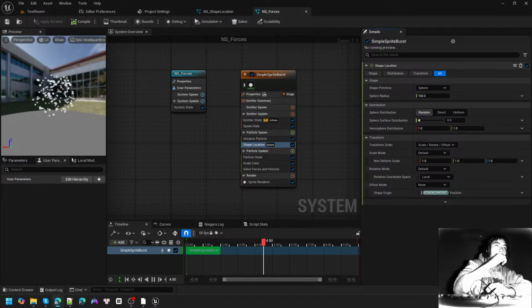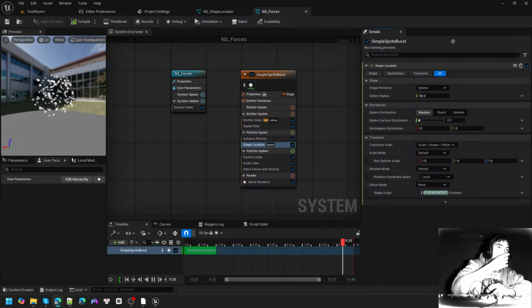And once we click it, inside of here, there are tons of forces that we can choose. After selecting any one of them, the force will be applied during particle update. And depending on the VFX that you want to create, usually we'll need multiple forces in order for it to work. As you can see, there are quite a few out there, but first things first, before